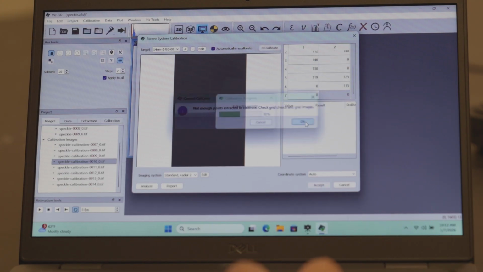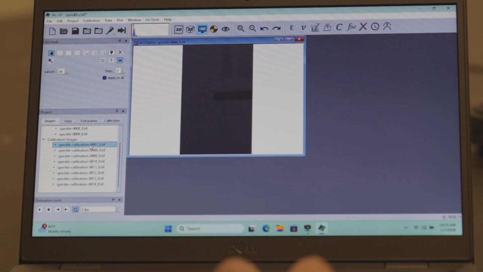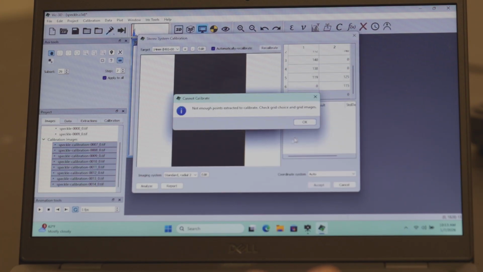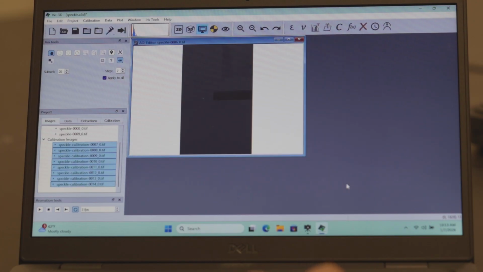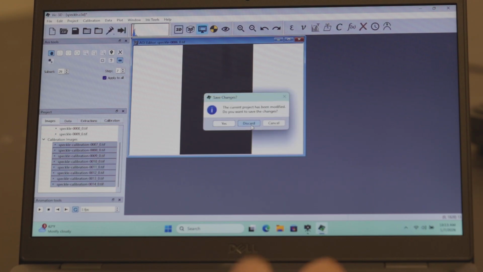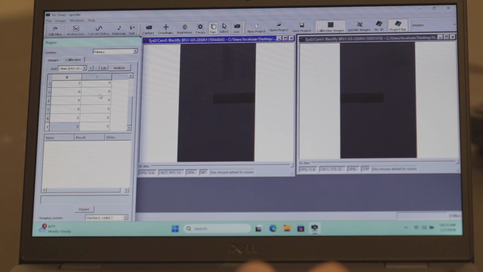Okay. So the error I got is not enough points extracted. Let me actually select all of these images and run the calibration again. So not enough points are extracted. If this happens, what you need to do is to close this first of all, go back to the Vic Snap and take more calibration pictures with the same 14 millimeter